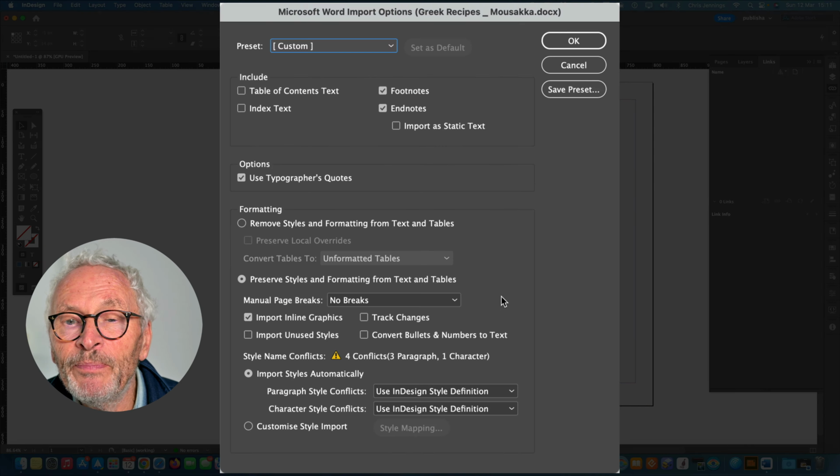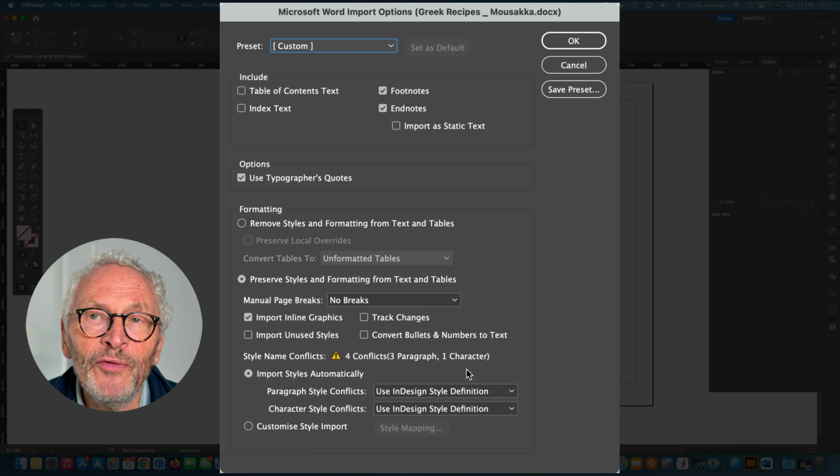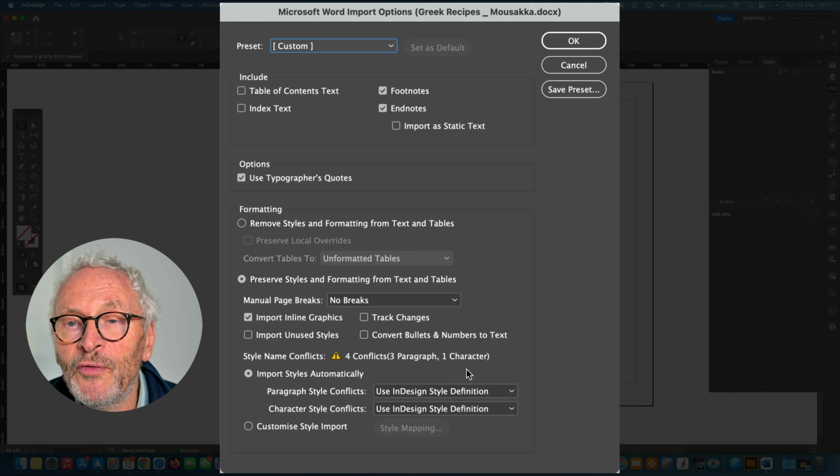And now you'll get this panel here, and I should just explain to you what's going on. It's basically finding that there are some styles that are already in the template that are trying to be overridden by those that are in the Word document. Now what you actually want to do with these conflicts, as you can see down at the bottom, is make sure that it's actually using the InDesign style definition. This is more important for the second and subsequent recipes that you place in,